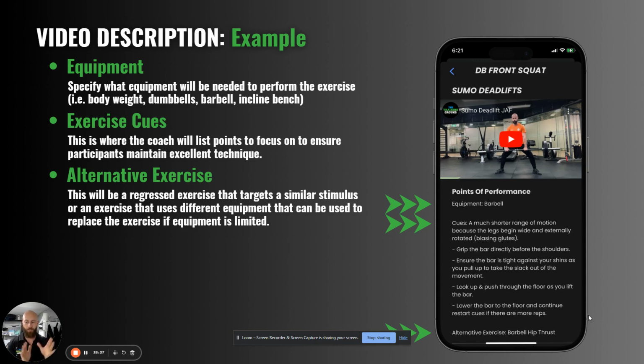Now, this isn't scientifically every single biomechanical movement that the body's going to go through. This is what our coaches have found are the best cues to get members and clients into position and to do the movement as technically sound as possible. And if you don't feel confident with that, we have alternate exercises down the bottom, where you can see barbell hip thrust, because we're doing the sumo deadlifts because we're working on the glute stimulus. If you're not comfortable with the sumo deadlift, you can grab the bad bag or some sort of platform bench and turn it into a hip thrust instead.